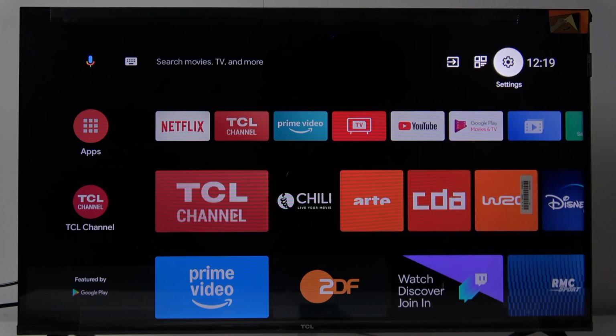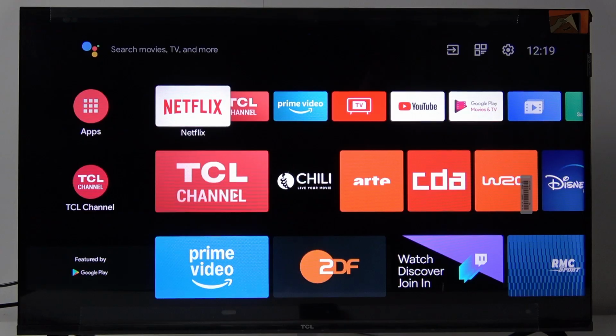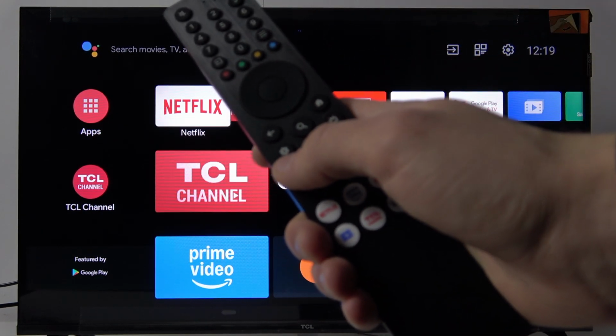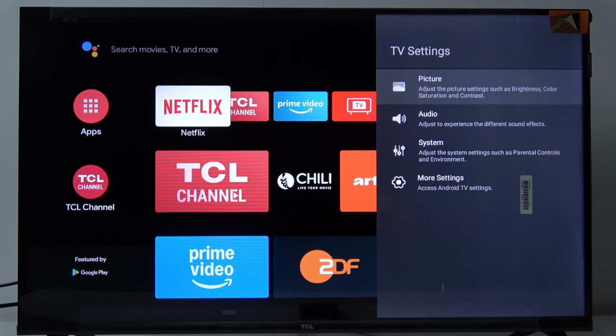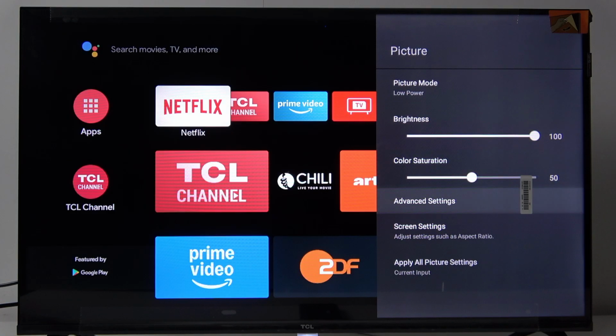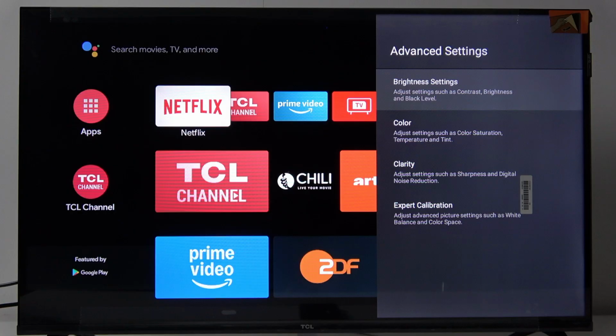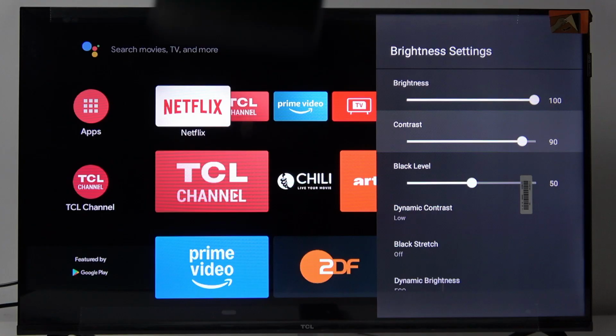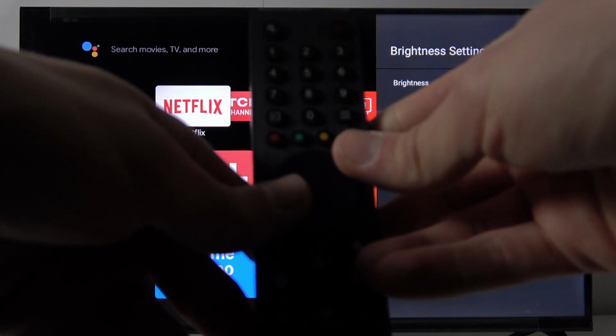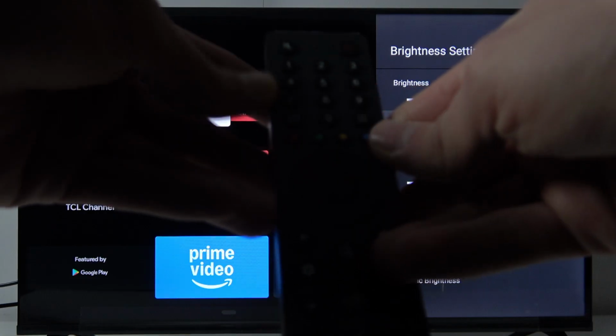But if you don't see it there, then you're going to have to open your TV settings, which you can do by pressing the gear button on your remote control. This will open the sidebar on your screen. Select picture, then navigate to advanced settings, then in advanced settings select brightness settings, then navigate to contrast option, and then enter the secret code on your remote control to open the service mode, which is